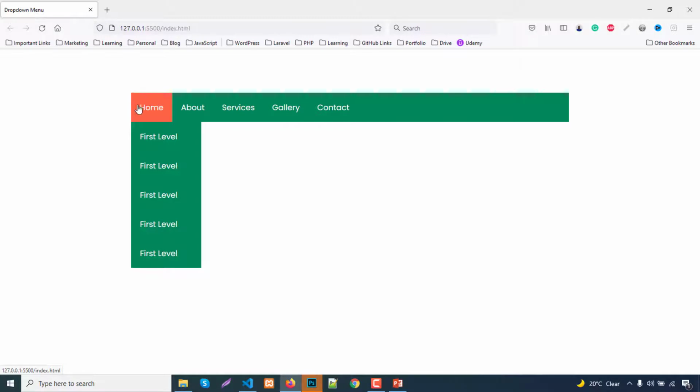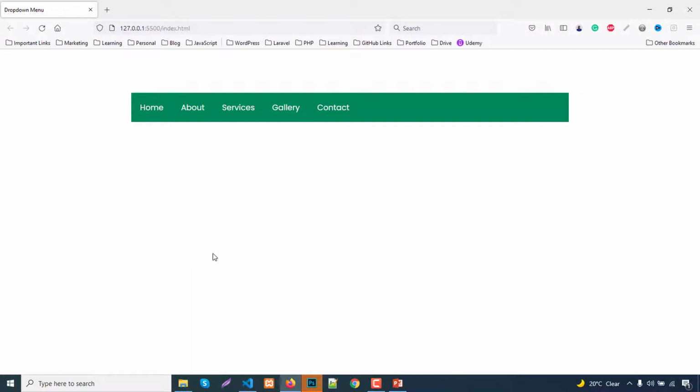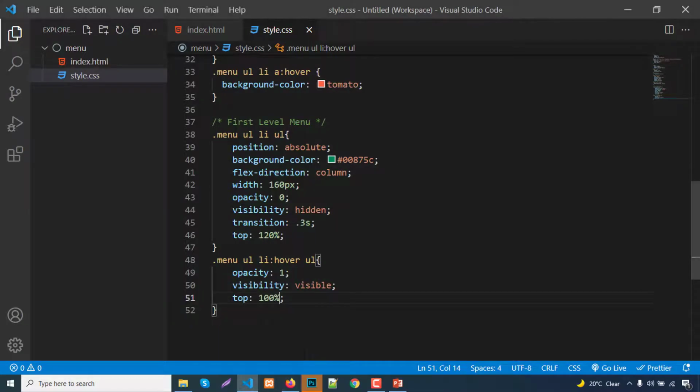So our next challenge is the second level menu. Second level menu means when a drop down menu has a drop down. So when the user moves the cursor on the first level, another menu will be visible here. So how can we do this?